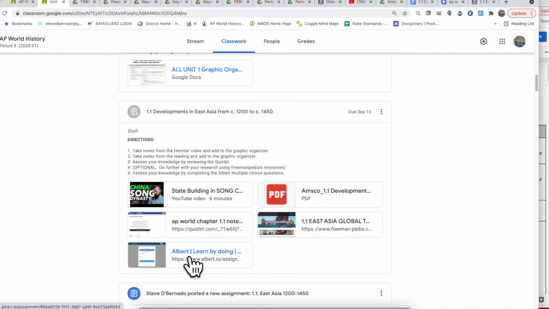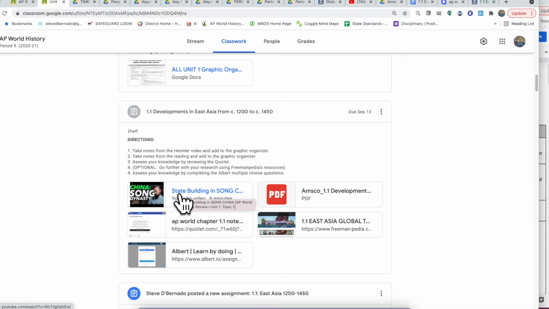The last piece that is mandatory is you go into Albert and you take the multiple choice challenge for this section, which is usually 3 to 5 multiple choice questions. Albert will tally your score and keep your score by skill and level of difficulty for every multiple choice question you answer, for every topic, for every unit all year long. So we can go to Albert and look at where you are successful and where you need extra studying. All right, so